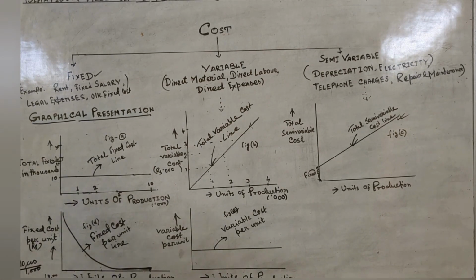You have to understand the behavior of the cost so that we can easily apply it to our management decision making. That's why I'm explaining in detail the nature of cost. Behavior, why, how it changes. Now, come to variable cost. I have already discussed. Suppose the variable cost